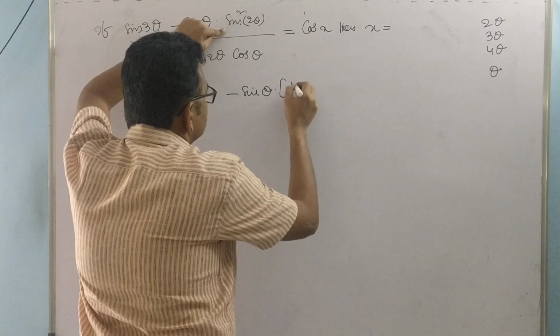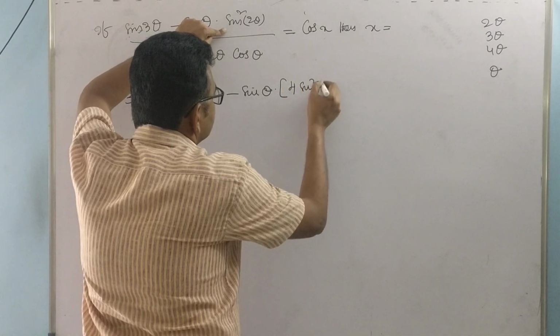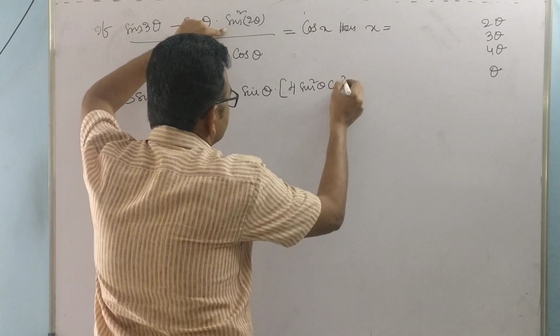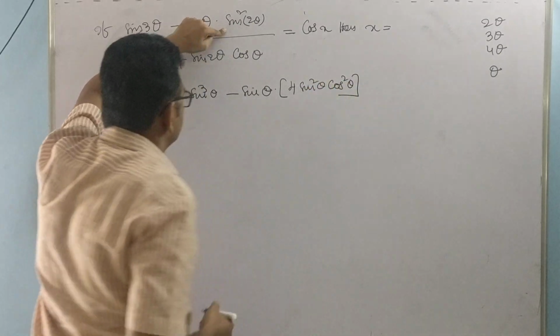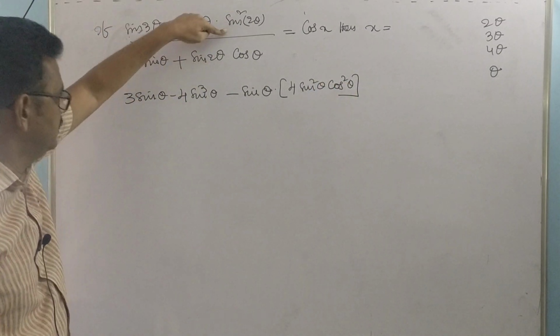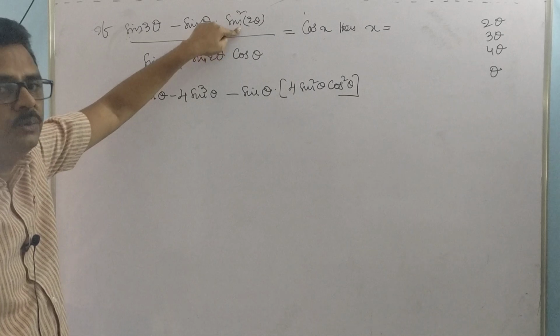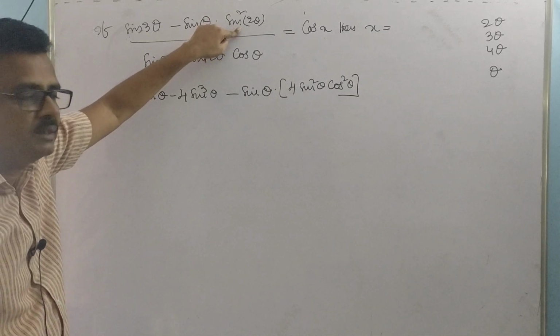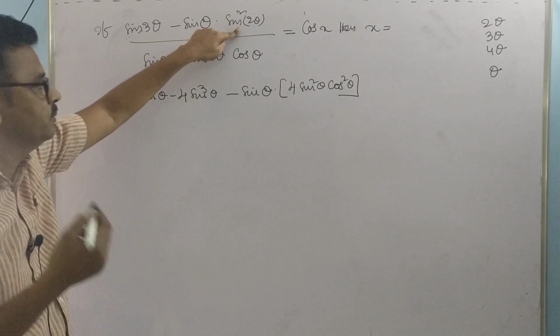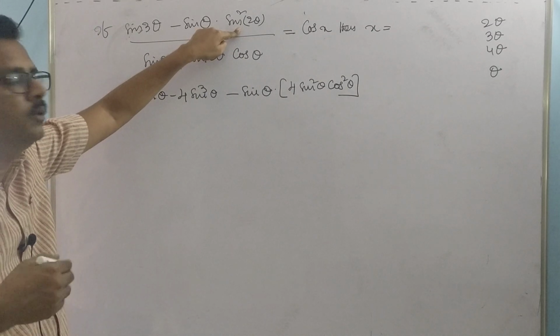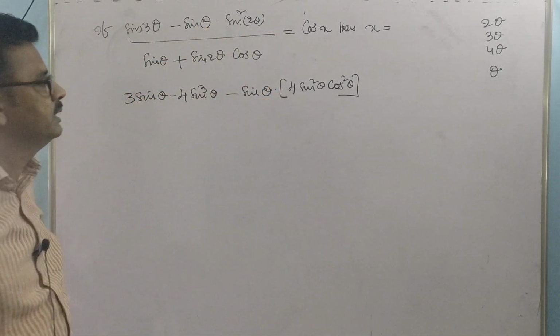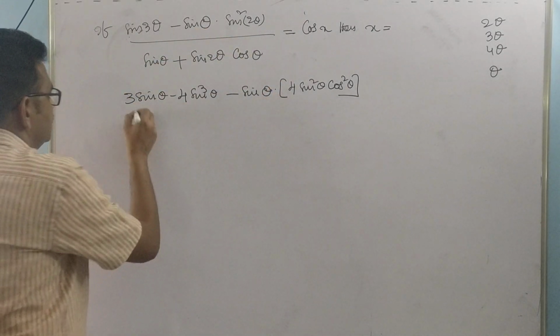Sin square 2 theta is 2 sin theta cos theta whole square, that is 4 sin square theta cos square theta, by